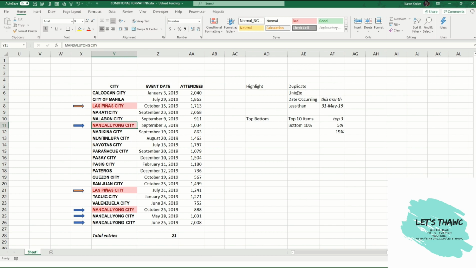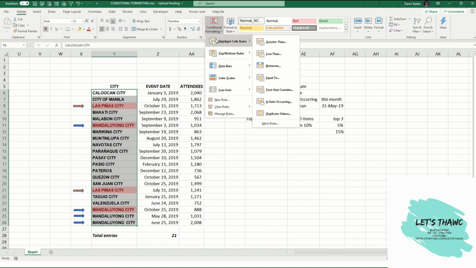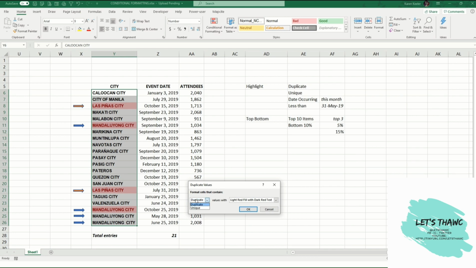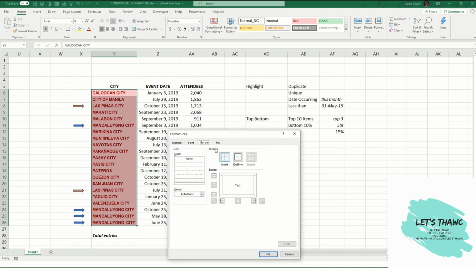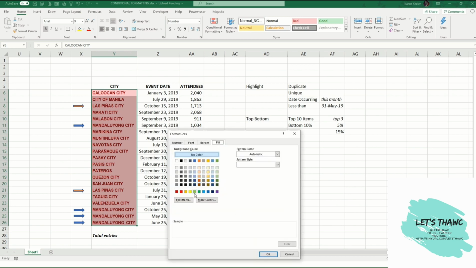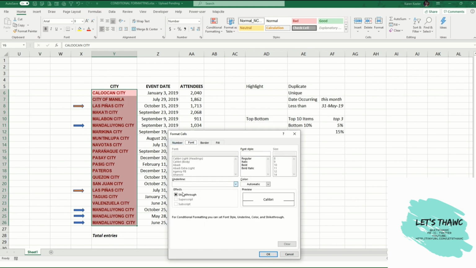Now, we can also highlight unique entries. So doing the same process, let us highlight the list, go to conditional formatting, highlight cell rules, and then go to duplicate values. But this time, let us choose unique. Now, we can highlight or format it using a customized format. So let us choose a fill, let's say a yellow fill, and then let us make the font italicized or bold italicized,